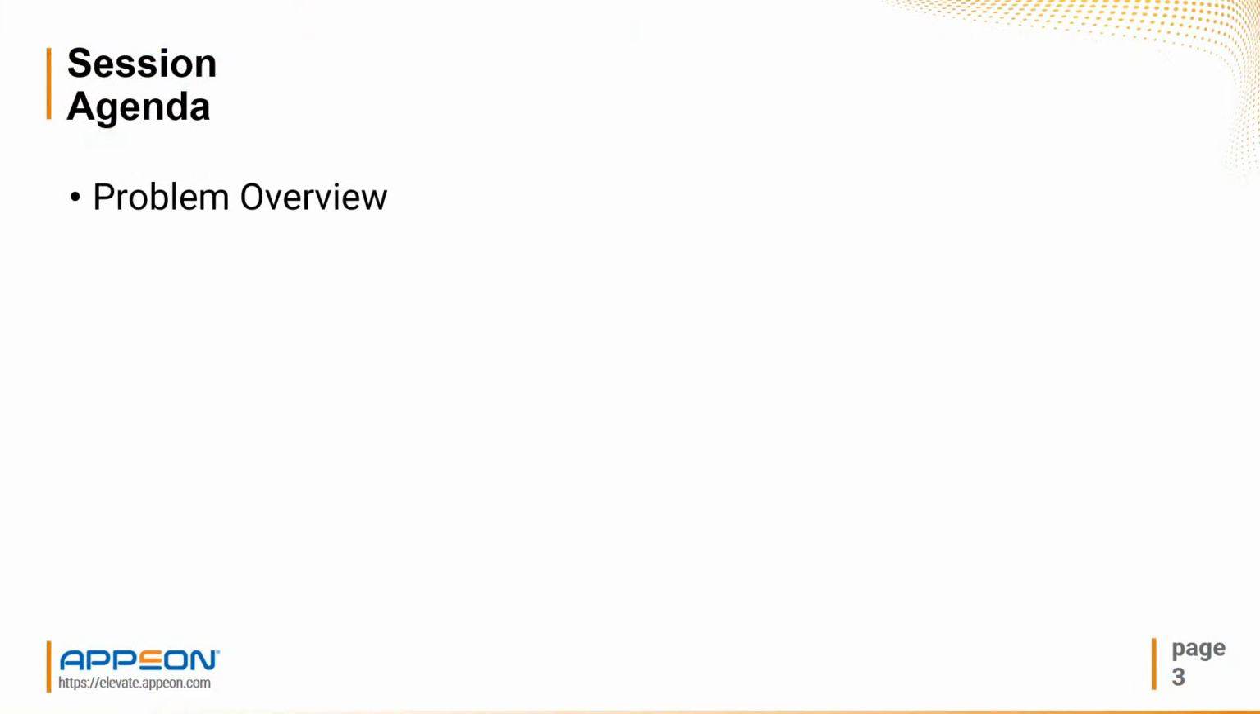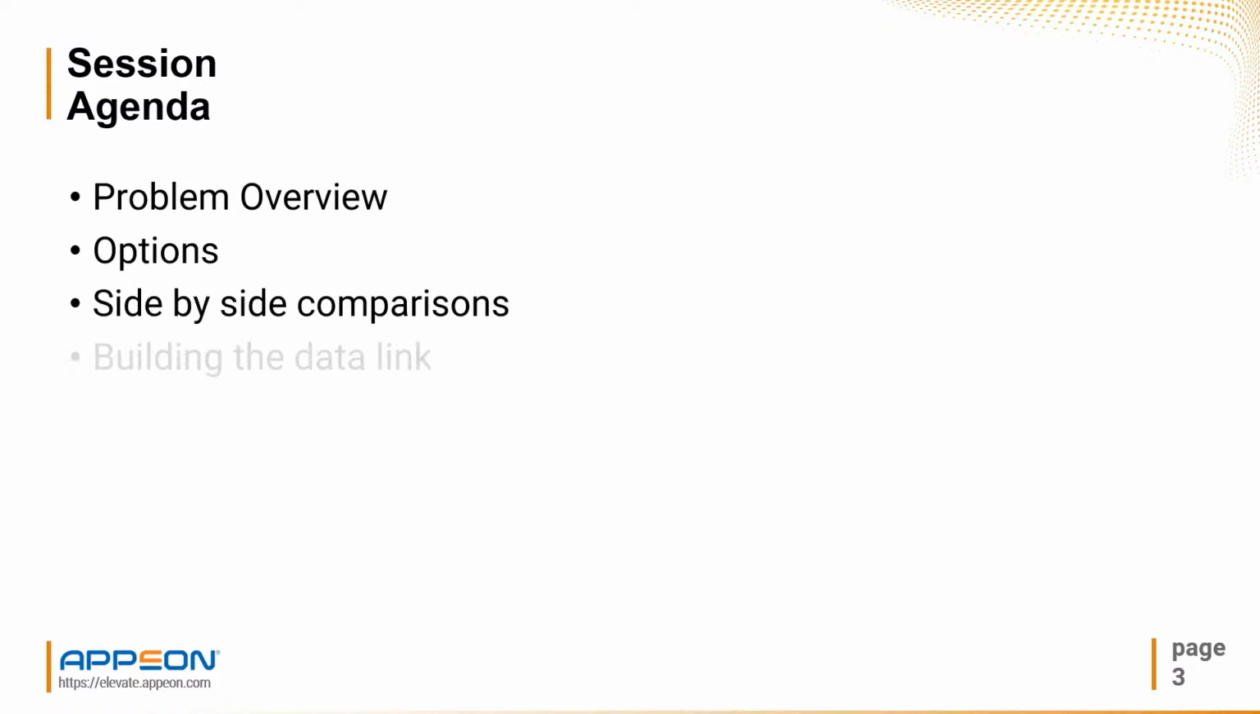So for our session agenda, we're going to be talking about the problem, what we're trying to solve here with this common ancestor object. We're going to talk about the options to solve the problem, side-by-side comparisons of the pros and cons of those options. And then ultimately the data link option, which is the NVO common ancestor object that we'll end up going into